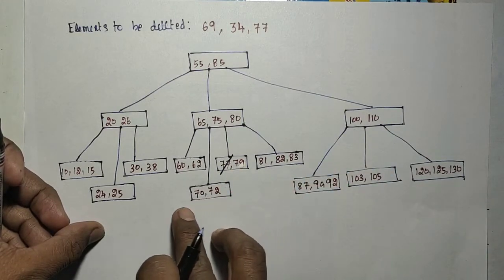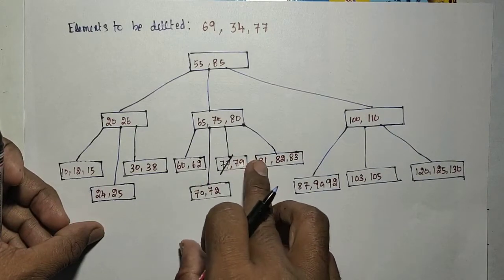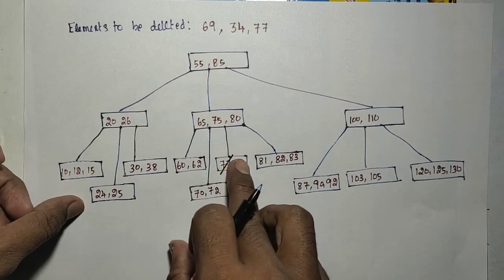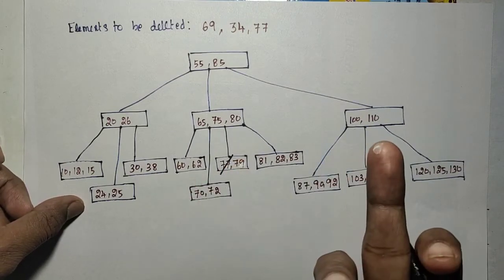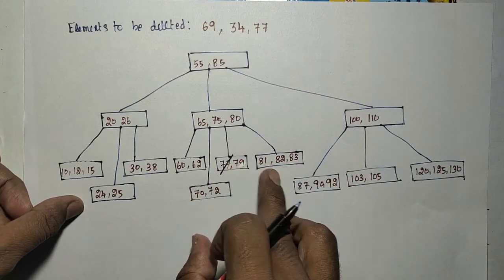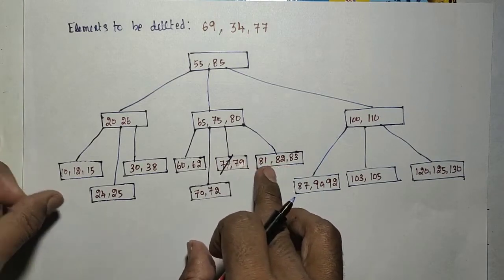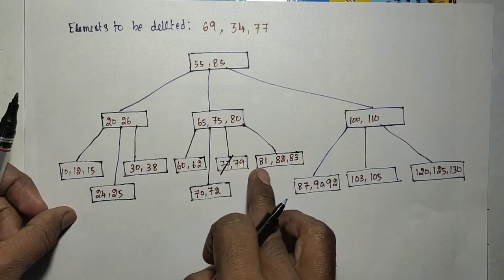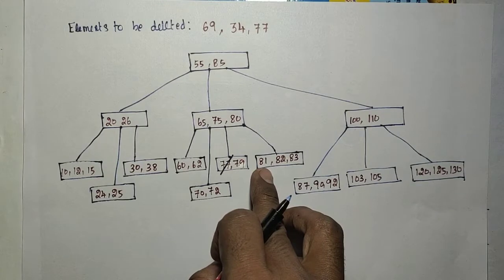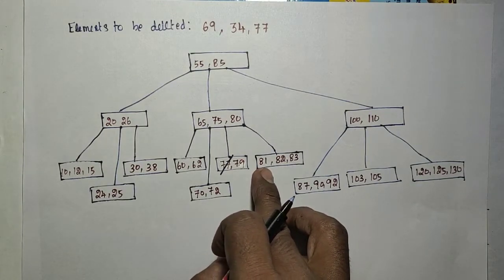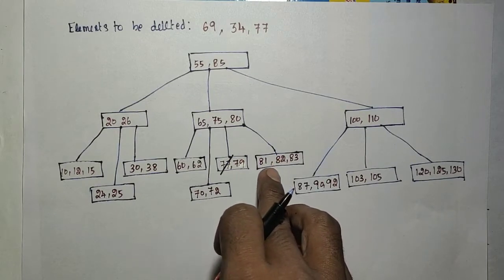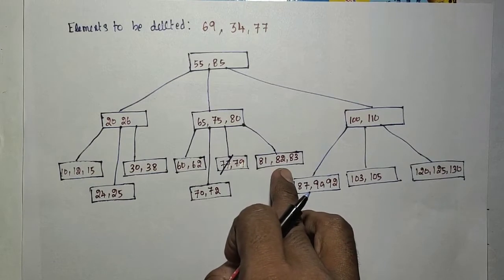So ask the left. The left does not have sufficient nodes to give one element. If it gives one element to him, it will go underflow, so it cannot give the element. So I need to ask from the right side, that is the right sibling. The right sibling is this node. If sufficient elements are there to give, it can give it. Sufficient means more than the minimum number of elements. So now the right sibling has more than the minimum number of elements, so it is in a situation to give an element.